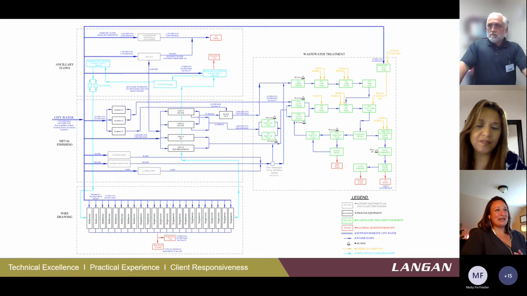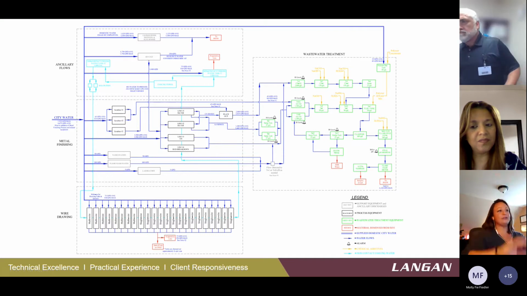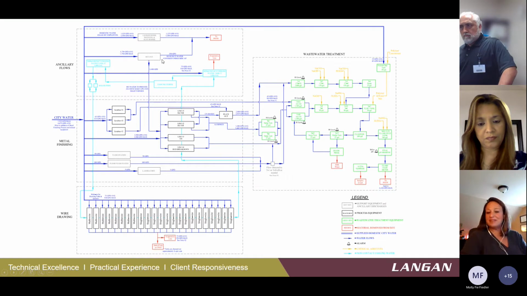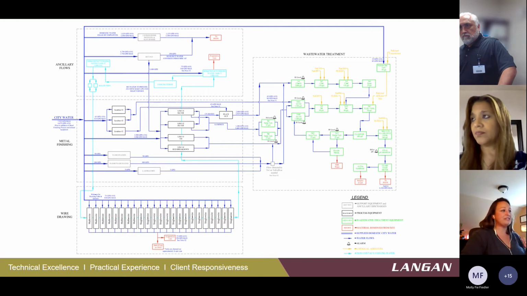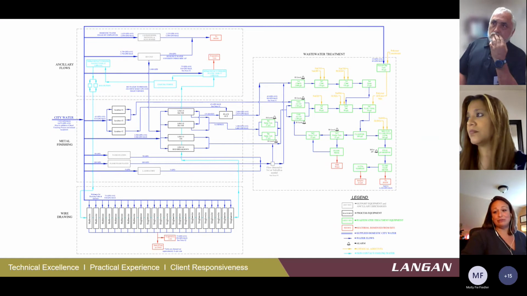So here's another example, again another metal finishing facility, but this is a case where we had multiple things going on and we grouped them. This part in the middle was all their metal finishing, right? We know that these processes generate water that applies to that standard, so that's all going to go to the same place and go to the treatment system. We had other stuff in the facility like their RO, which didn't count, doesn't need to go in there, can be discharged under a general permit, totally separate. And then we had a cooling loop, same thing: cooling water, any makeups, losses, or if they had to clean it out, none of it counted. So that also didn't have to go through their treatment system.